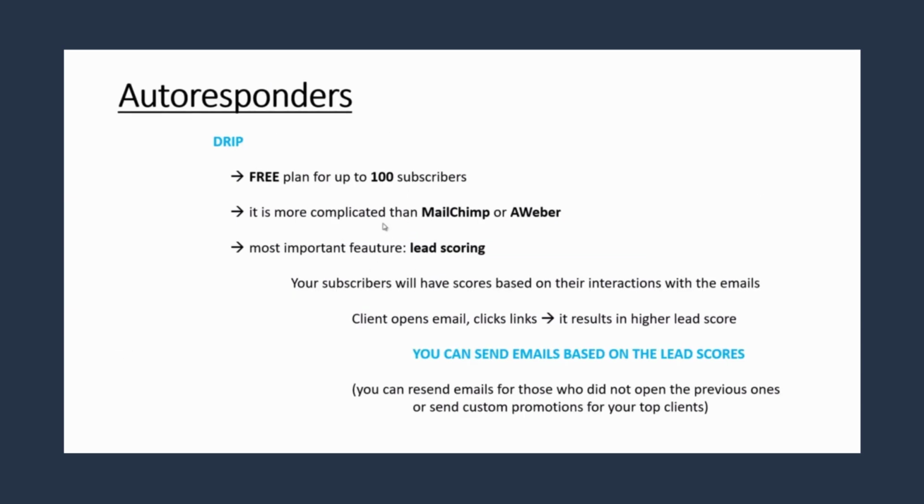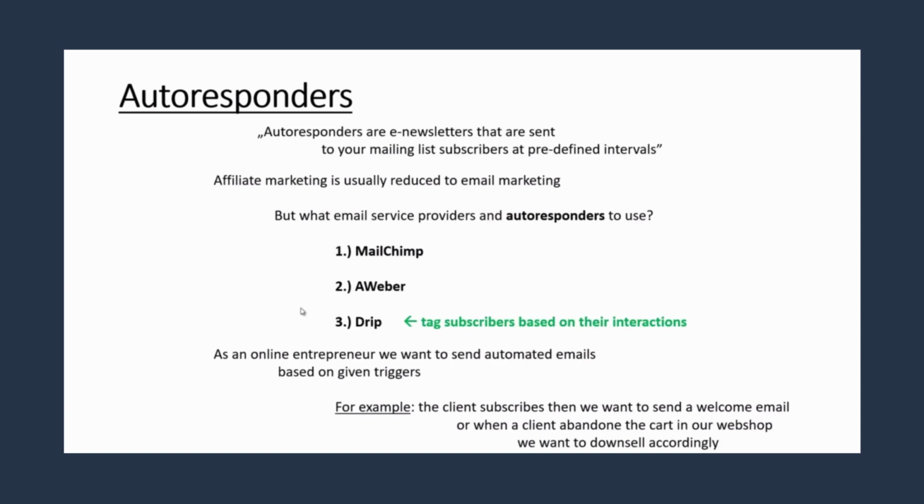And basically, this is the main advantage of using Drip. With the help of lead scoring, you can send the right promotion to the right audience, which means that you can create different subsets out of your email list, and you can use different emails for these different subsets. So this is why Drip is by far the most popular approach when dealing with affiliate marketing. Of course, you have to pay for this service, but if you are serious about affiliate marketing, then I'm sure